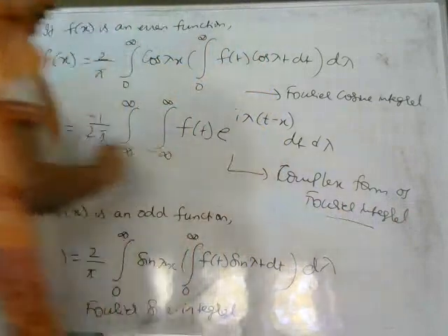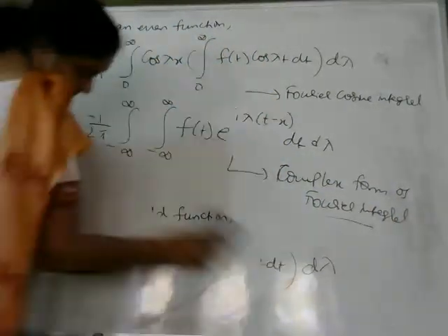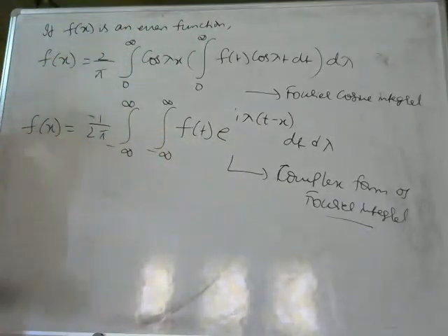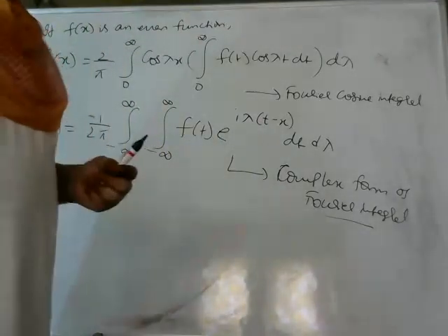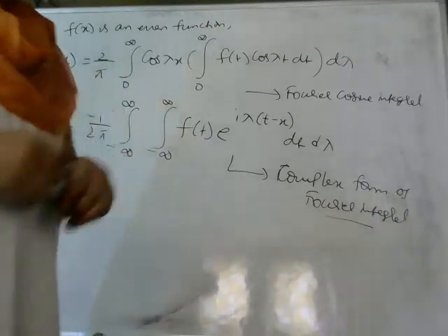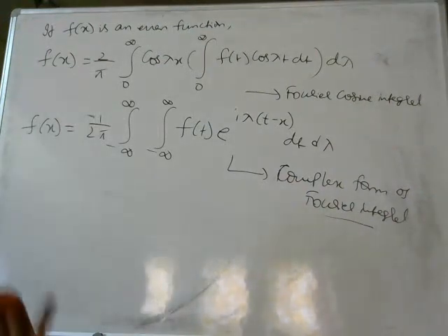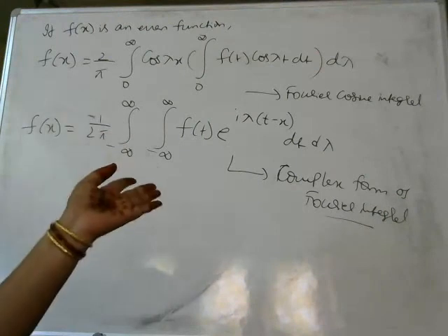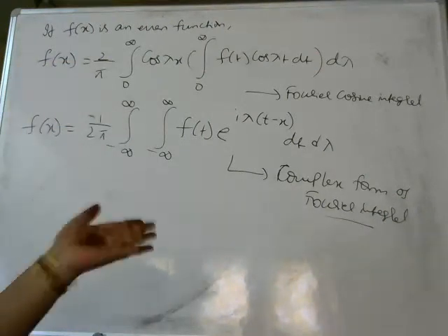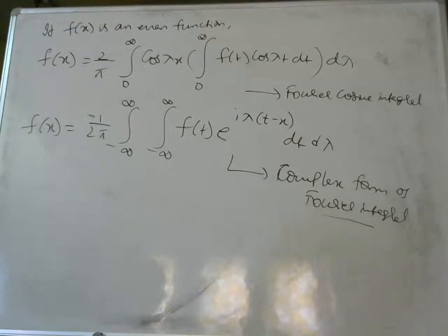So from this complex form of Fourier integral only, we will deduce what is a complex Laplace transformation, what is a Fourier transform, what is a Fourier sine transform, what is a Fourier cosine transform from this complex form. How do we get this complex form? Simply we write it as cos theta plus i sine theta. We know the formula is e to the power i theta. That property we have applied over there, cos plus i sine, so I have written it in the form of e to the power of i. So this is called the complex form of Fourier integral.